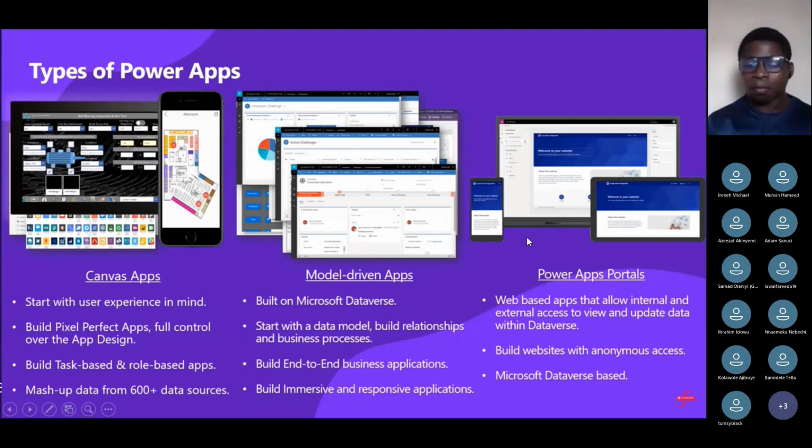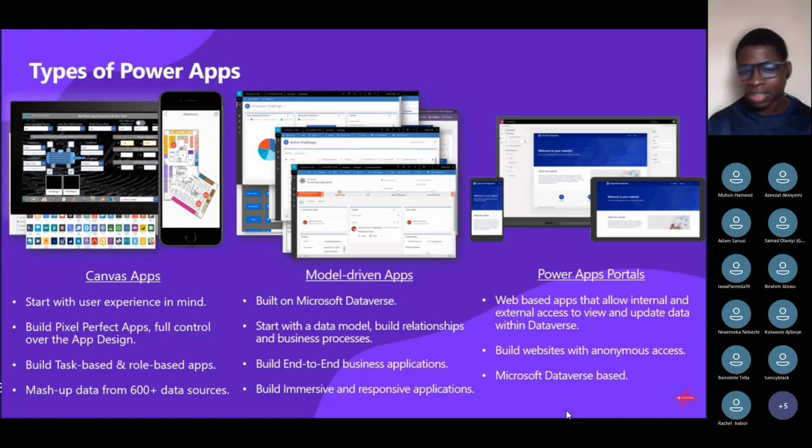Then for Power Apps Portal, like I said, it's going to be replaced with Power Pages. That's why I really don't want to go deep into that. But just an overview of Power Apps Portal, it basically does what Power Pages does. Just that now Microsoft does it in Power Pages, and Power Pages is an upgrade on Power Apps Portal. So basically, it's just for building web-based applications that